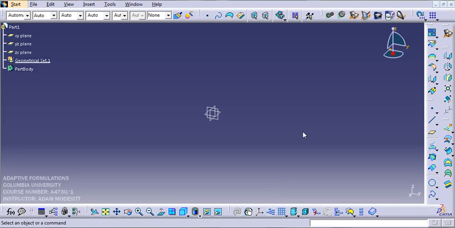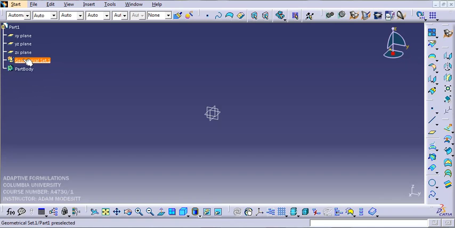This tutorial will cover the groundwork that needs to be set up before you can start using Knowledgeware. There are several options that need to be selected before you can access the tools. The first has to do with the most basic elements of Knowledgeware, which is creating sets of parameters and sets